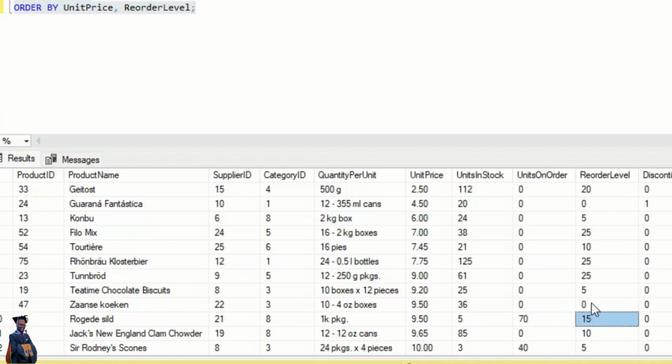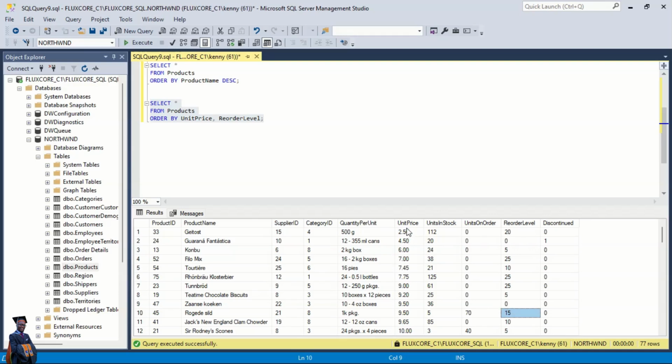So this one tells you that the order by is in ascending type. So if we have the same value in the unit price, it's going to use the reorder level, still maintaining the ascending. If we want to change the type for the reorder level,